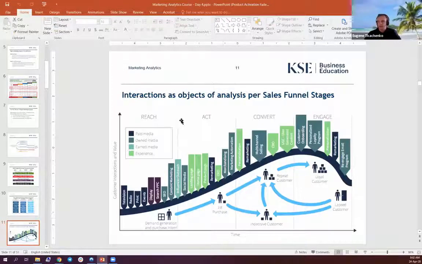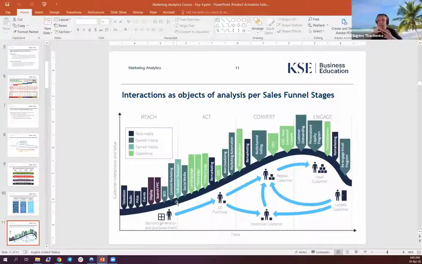Because when we start at the reach, the very top of the funnel, we are talking about a certain number of channels we can use to reach our customers. So we are talking about television, radio, and print, which is pretty much physical or offline, if we're considering it that way. But when we are talking about display, search, SEO, content marketing, and even influencer outreach, all of a sudden it becomes digital, becomes measurable in a digitalized way.